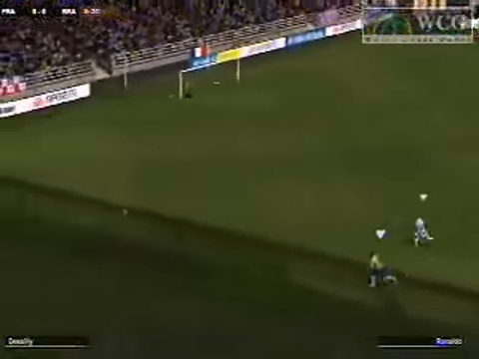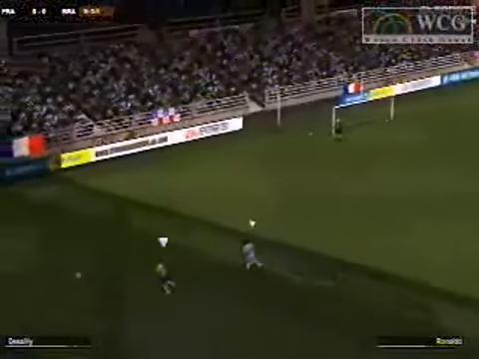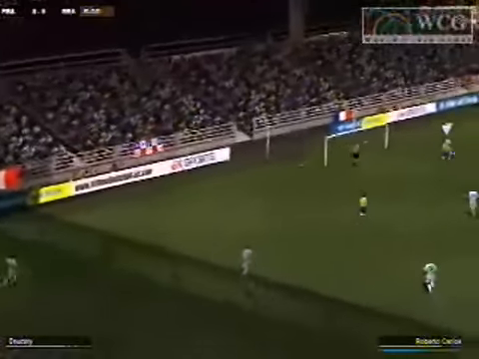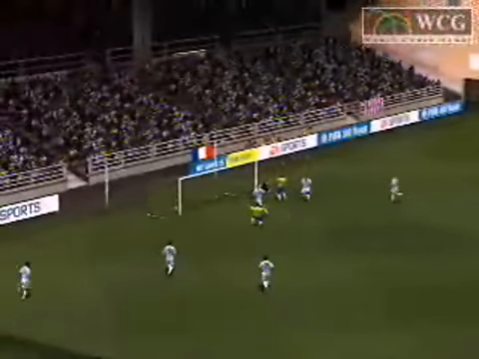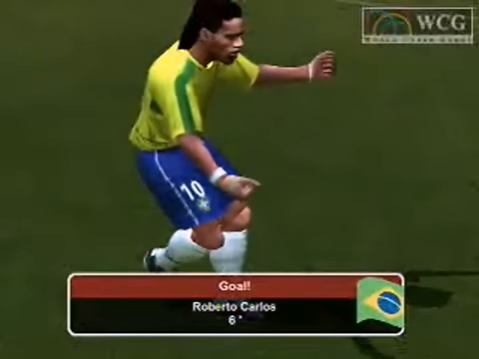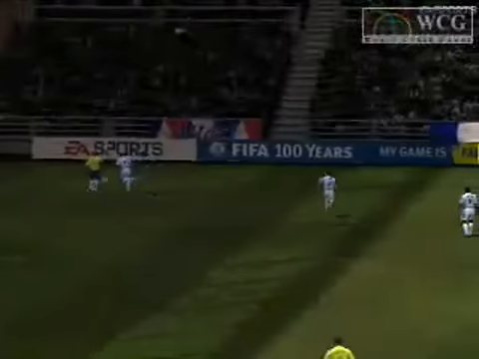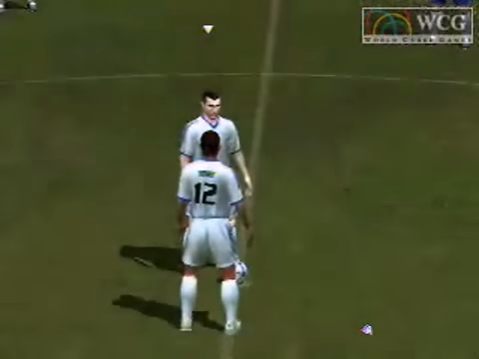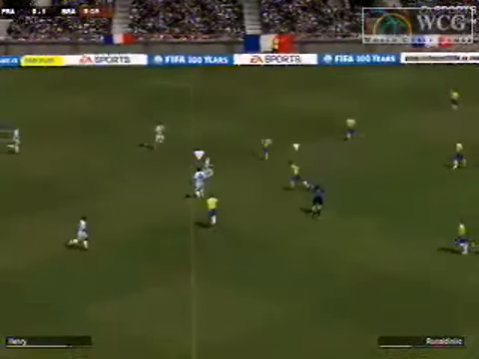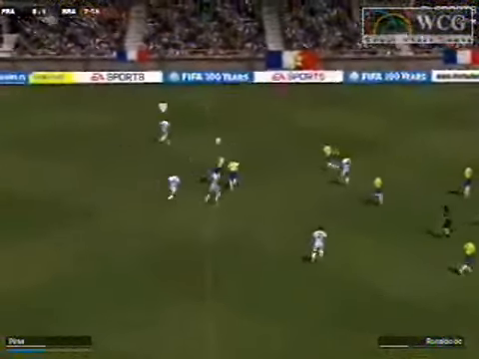And now Ronaldo to Cleverson. He's got a man, he's got to run. Can Ronaldo get back to the ball? He does. Is there going to be a cross? The cross is up, the ball's in the air, and a goal! Beautiful shot by Roberto Carlos off of the cross from Cleverson. Excellent. The Brazilian off to a quick start.